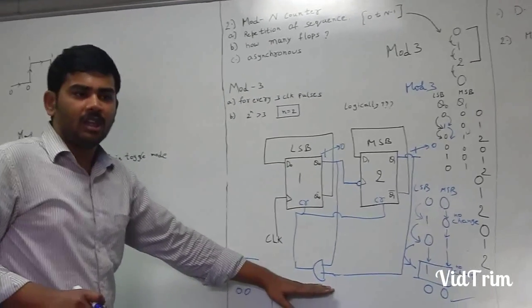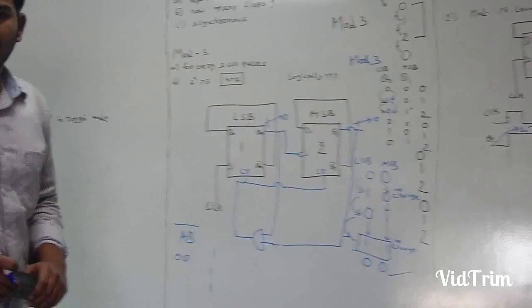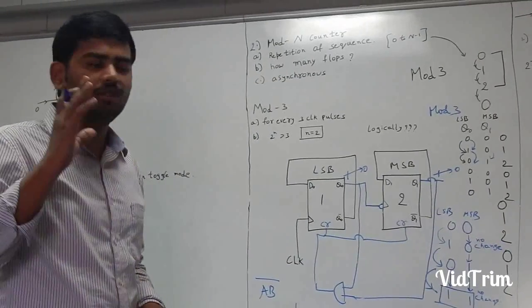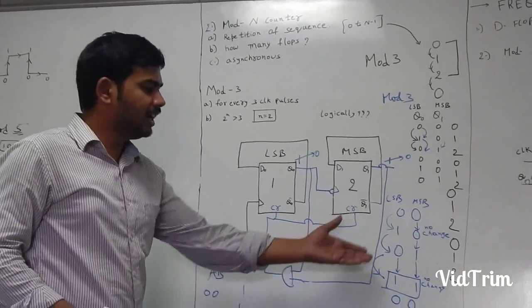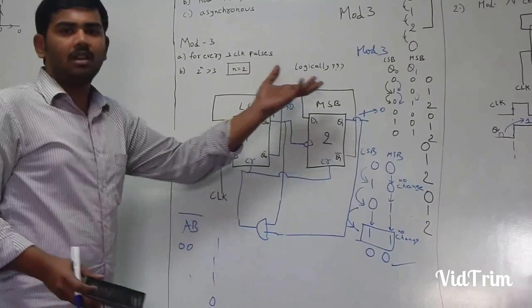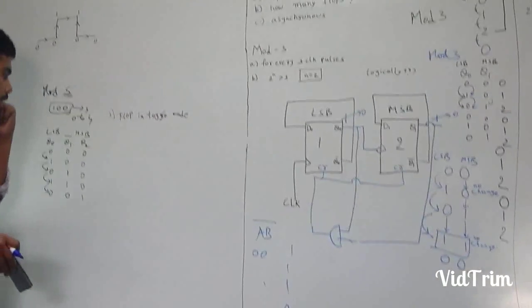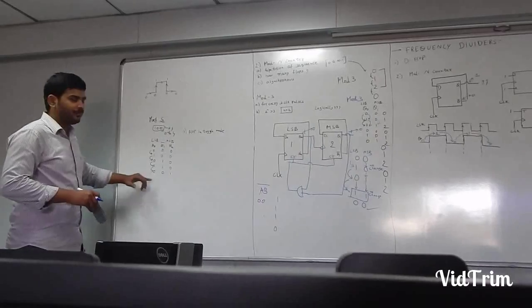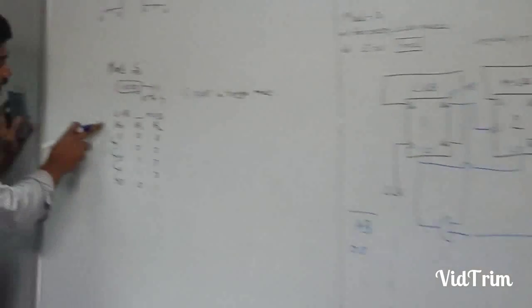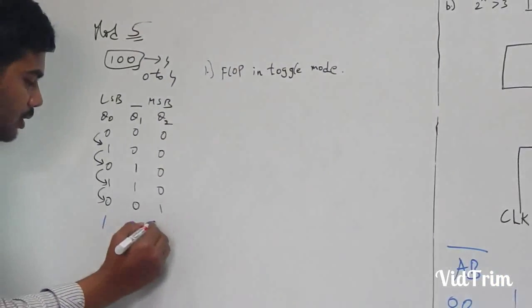It's not that you should learn by heart that every time you should use the AND gate only. If you use the AND gate, like I told, for some other counter, that is okay. Let's say this is a mod 5 counter. It will count from 0 to 4. After this, it actually counts 1 0 1.